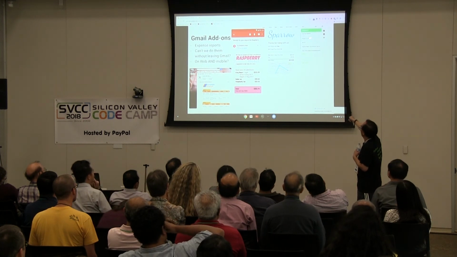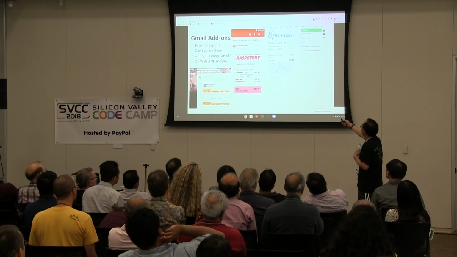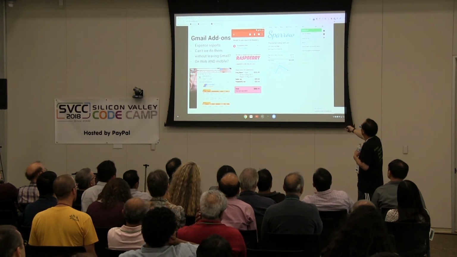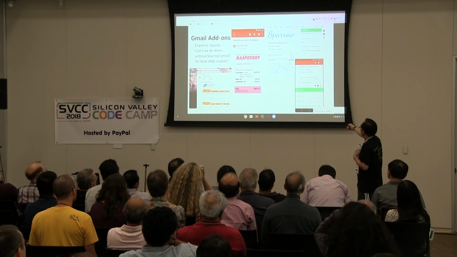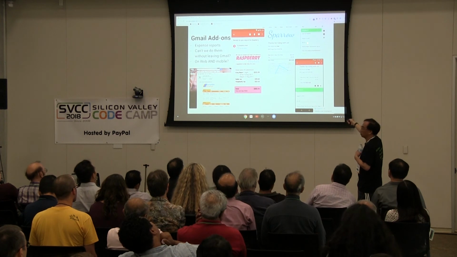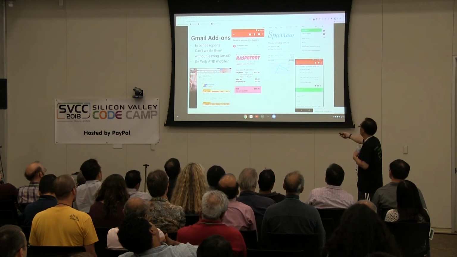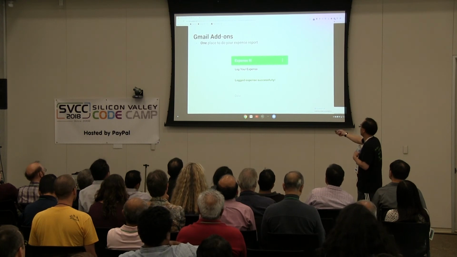By the way, this is on the web. The cool thing about Gmail add-ons is that it's write once, run anywhere. It'll actually look similar on mobile. On mobile, the icons are on the bottom. So when you click on the add-on, it'll scroll up and show you the form, which is identical to that one. And then once you click submit, it'll say logged expense successfully, and then